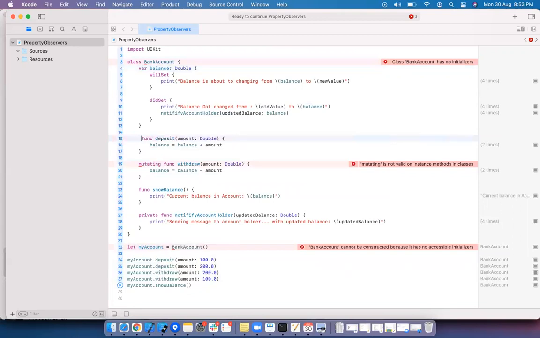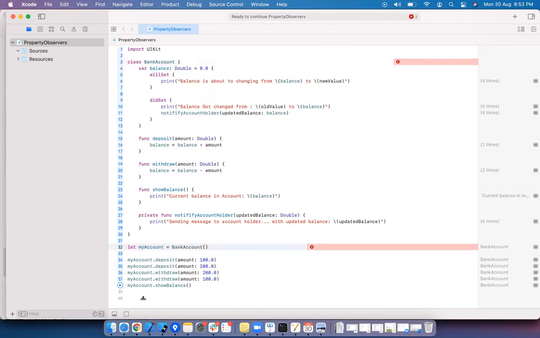Here we don't need any mutating keyword. Here also we don't need any mutating keyword. It says class has no initializers, meaning there is no default initializer. Whenever you specify some value here, whenever it is having proper value here, then you can create an object, something similar to this. Yeah, where we have created it. This is an initializer only, right? Whenever you are calling with braces, you are creating.